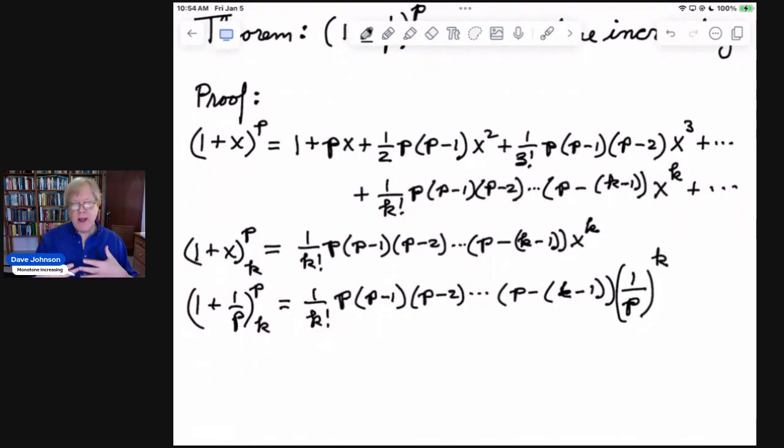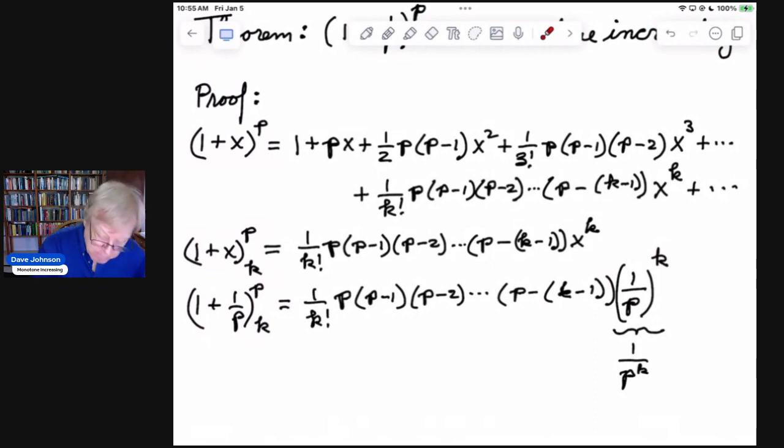Now, a lot of what I'm doing right now is sort of preliminary, just setting the stage for where we're going. Notice that this 1 over p to the k could be rewritten as 1 divided by p raised to the k. So I have k factors of p downstairs. And notice I have 1, 2, dot, dot, dot, k minus 1, but then you add this one, that makes it k factors. And we've got just enough factors of p